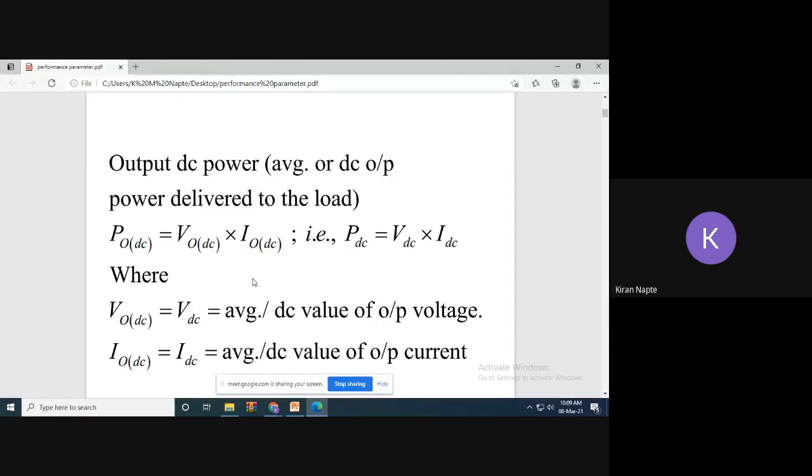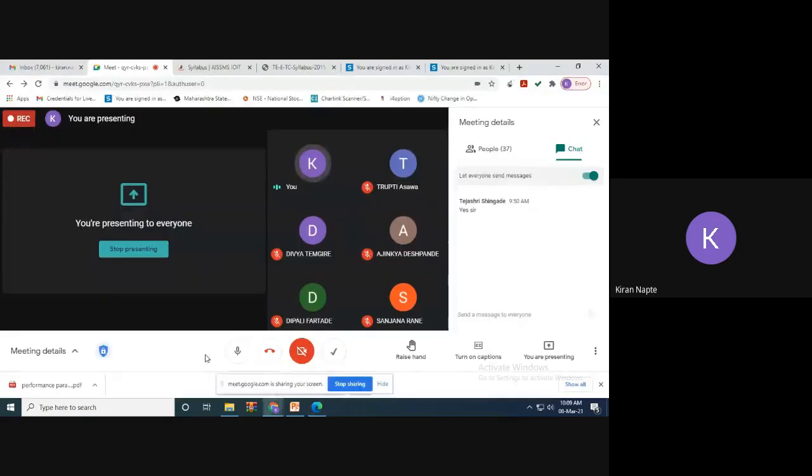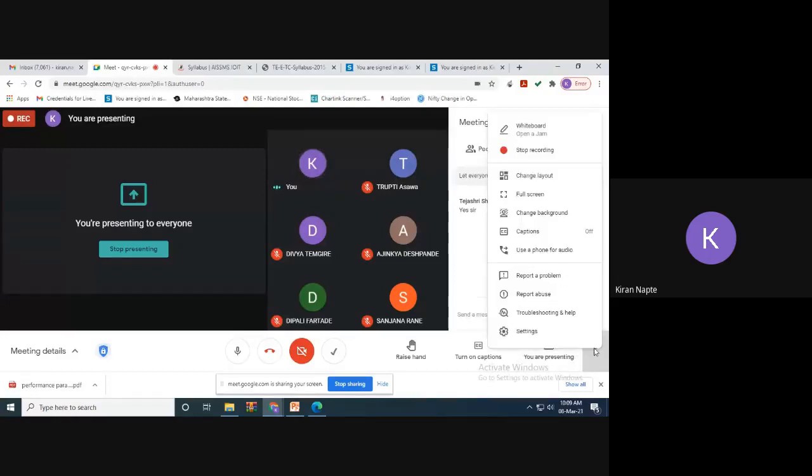If we find out the value for each and every parameter, then we can judge the performance of that converter circuit. So these performance parameters are very much important. Why is this so? Because